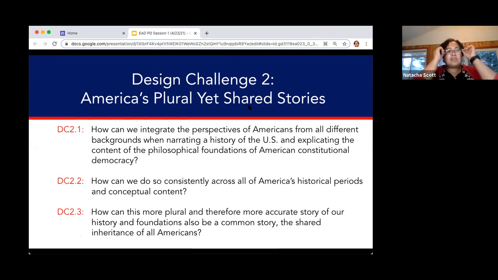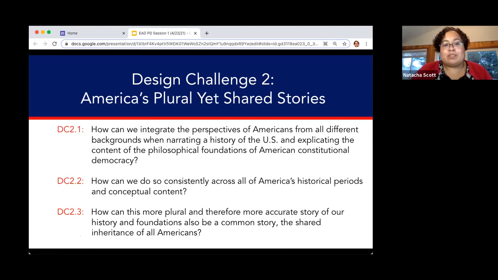Okay, so as we jump into our second design challenge, now design challenge 1, really, you see the direct connection with theme 1 and that concept of civic participation, and the tension that we see in terms of motivating agency and having our students feel like they can make change in this vast system that we're in, right? And feeling that tension, that pressure. Now, design challenge 2, what we begin thinking about here is